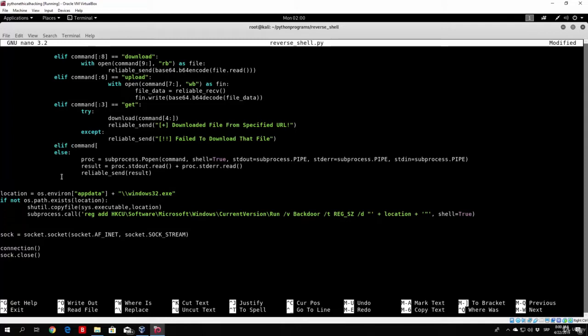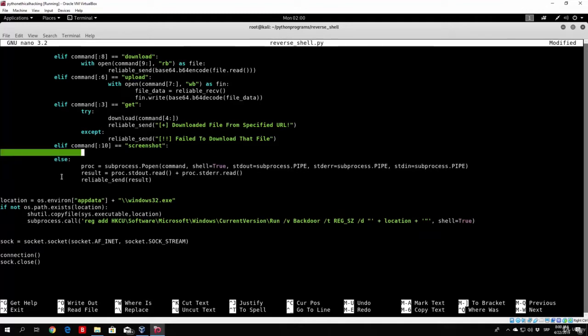And then let's count the letters. So screenshot actually has 10 letters. So we want to make sure that we specify everything until the 10th character equals the screenshot. This is the function that we will use in order to screenshot the target PC. So we will just type in the server command line screenshot, and then we will get back the screenshot from